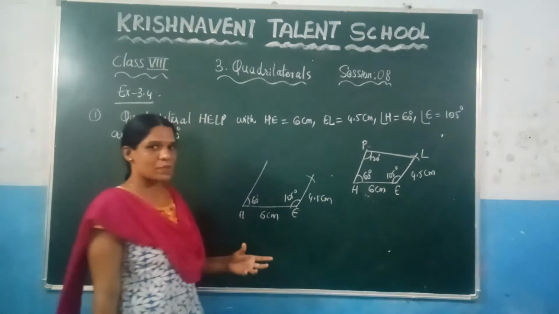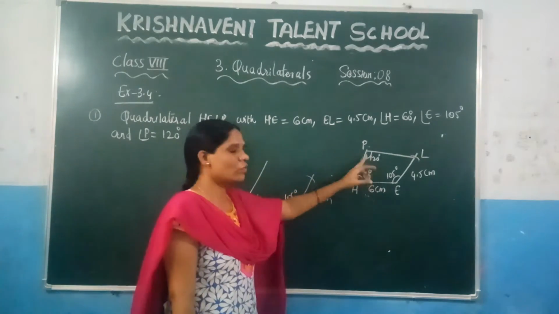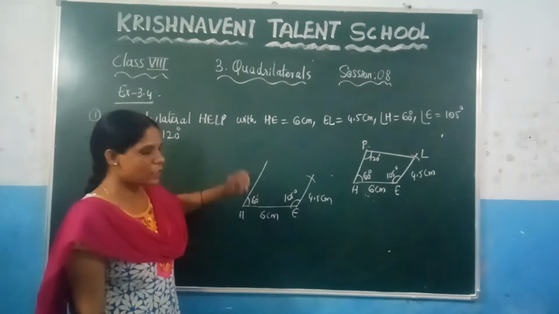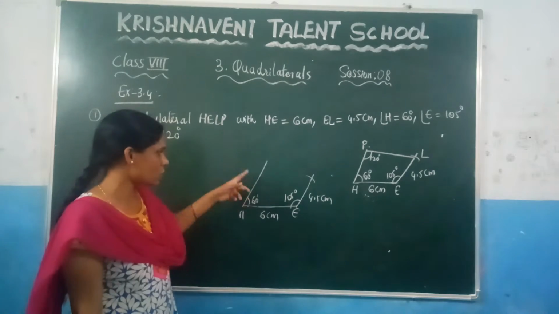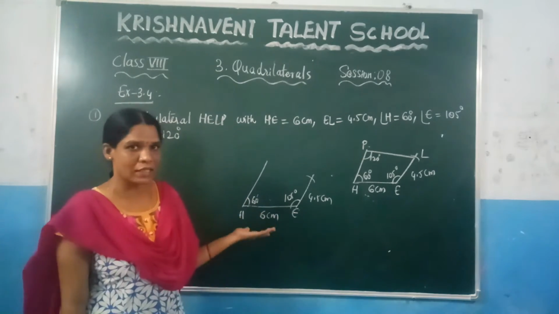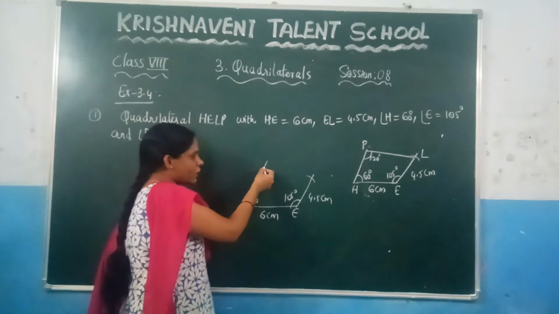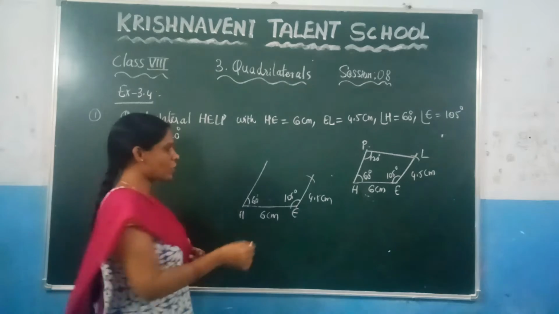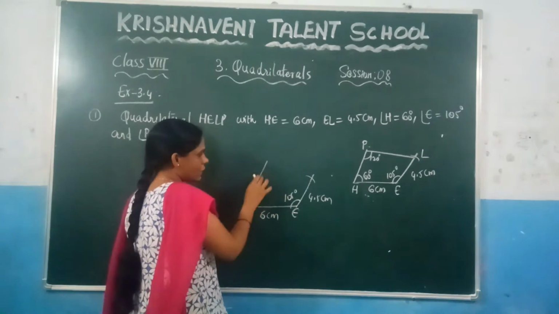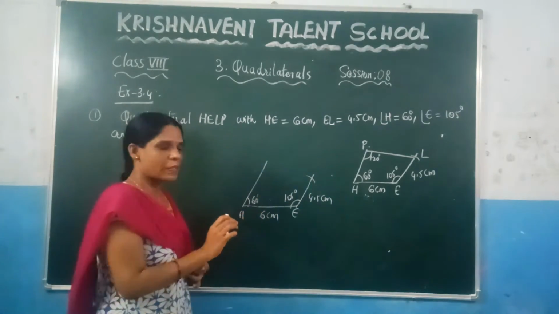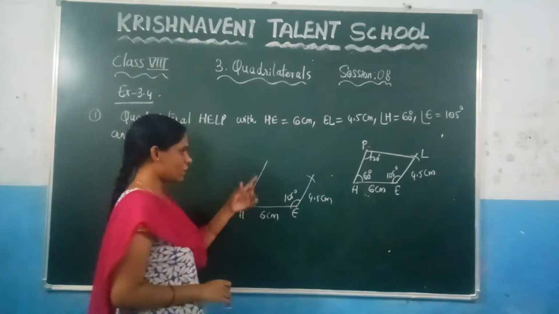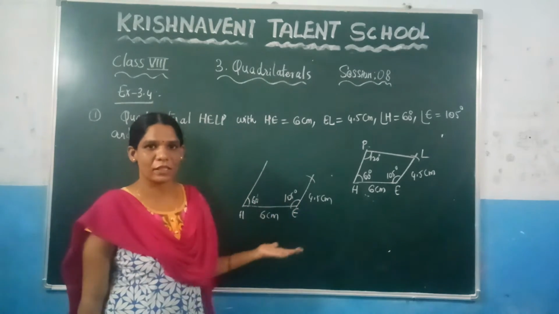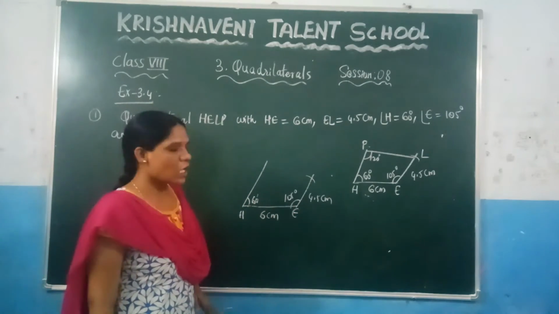But here you can observe that the angle we know is 120 degrees, angle P. But you don't know where to start, whether we have to start at this position or at this position. We don't know because we did not get any arc at this point. So we cannot construct angle P, right? How can we construct angle P? If you got an arc like this, then at this point you can construct 120 degrees. But there is no length given here. If you have given the length of HP, you can construct 120 degrees, but they did not give it. So at this point how to construct?